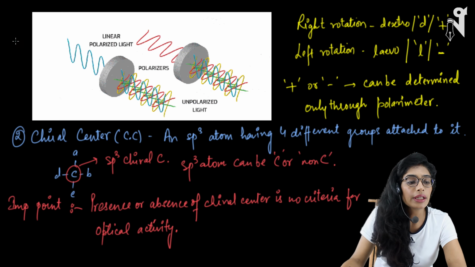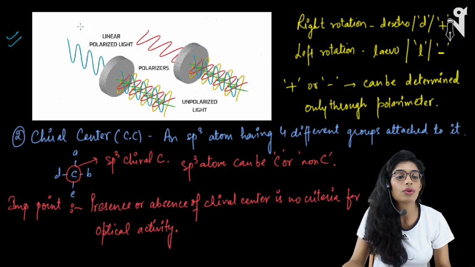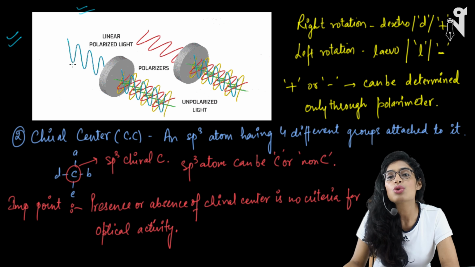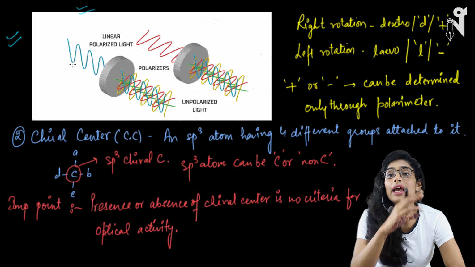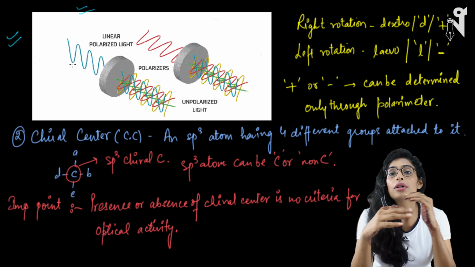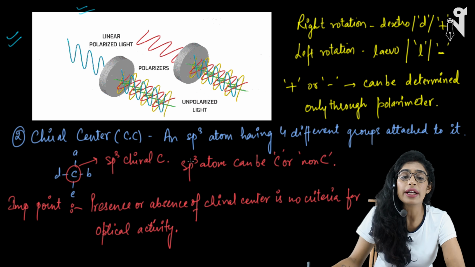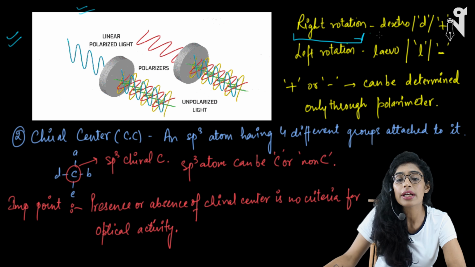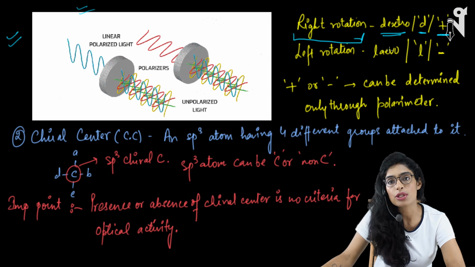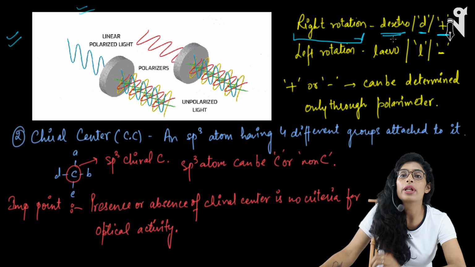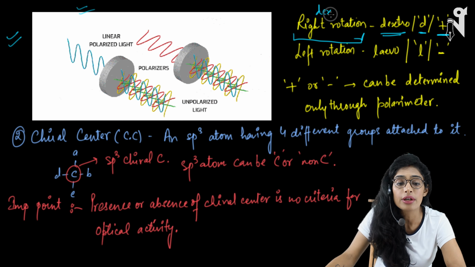You can see here in this GIF how the unpolarized light is passed through the polarizer and converted into linear polarized light. This is just to show you how polarizers work. As I mentioned, the light can rotate its angle when it passes through an optically active chemical or organic compound. If the rotation is in the right direction, then it is represented by plus or small d, or the term dextro. Such compounds which give you the right rotation are also called dextrorotatory.